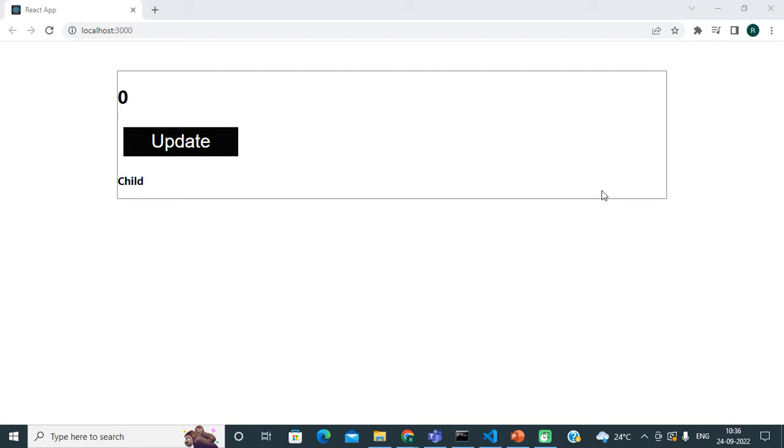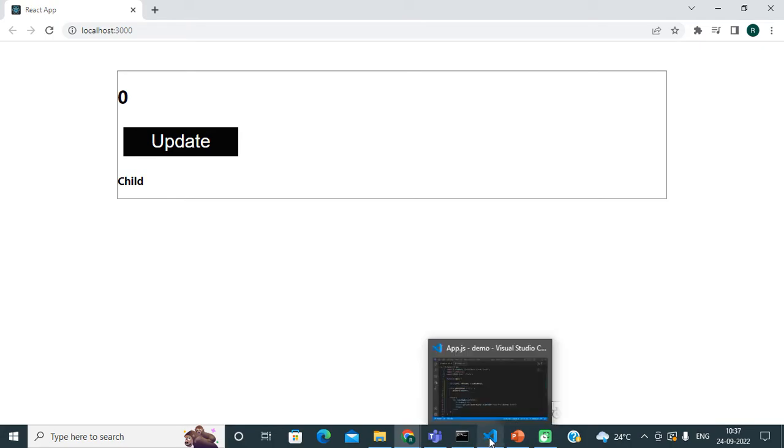But friends, in some cases it might be a problem, because in some cases it might re-render a child component unnecessarily. How it can re-render a child component unnecessarily, that I am going to show you in this small example. You can see this is just a small example. In this example, I have only one component state and I am just updating that component state, and I have a child component rendered from this parent component.